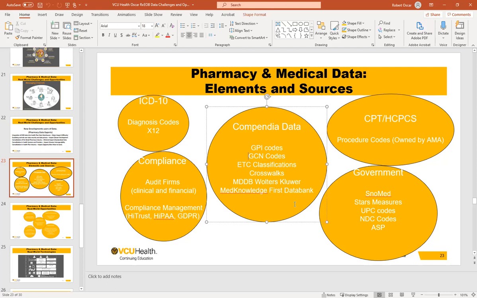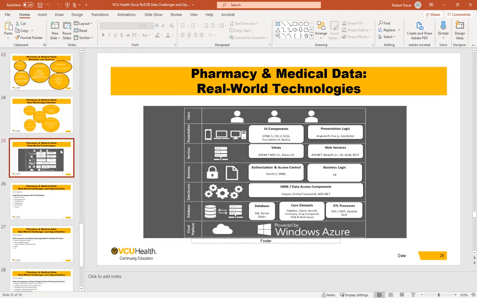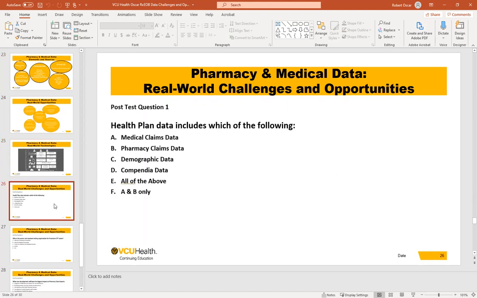And building crosswalks has enabled us as RxEOB to use that data and create queries that are easier to use. And again, those procedure codes, you'll note that those are owned by the American Medical Association. I'm going to let you know that there's lots of technology involved, and I'll just skip that one, if you will, and get right onto these